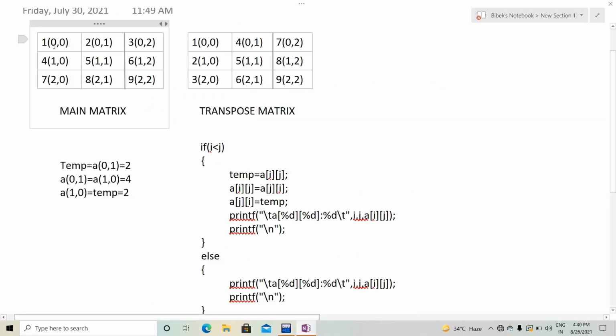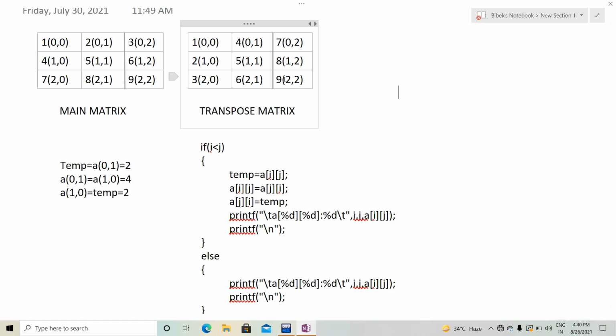So have a look here. Here i equals j, that means 0 0, and here 5 has taken position 1 and 9 has taken position 2. So you can see in the transpose matrix, 1, 5, 9, all these three elements have taken the same position, 0 0, 1 1, 2 2. So we don't need to change anything when i equals j. If i is less than j or i is greater than j,